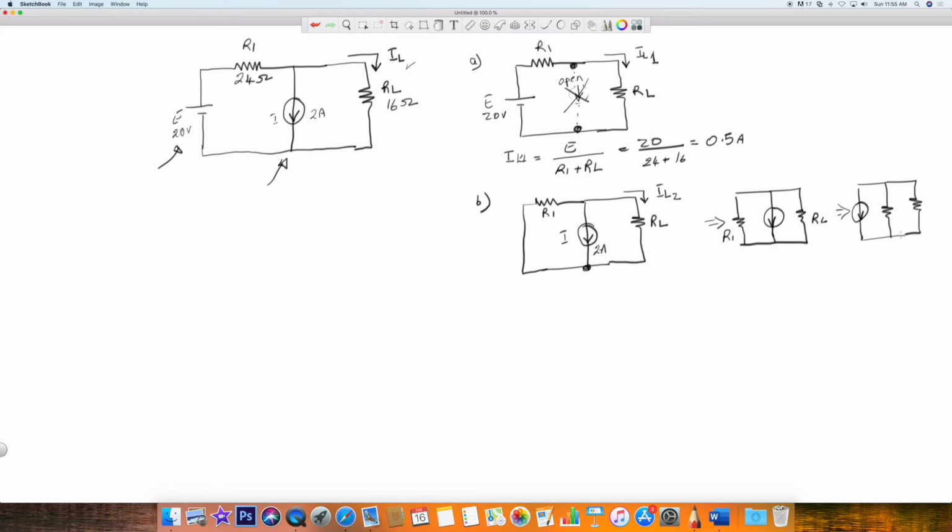So your RL is right here, your R1 is right here, and your I is right here. So we could use the current divider rule to find the IL2 going through RL. So IL2,